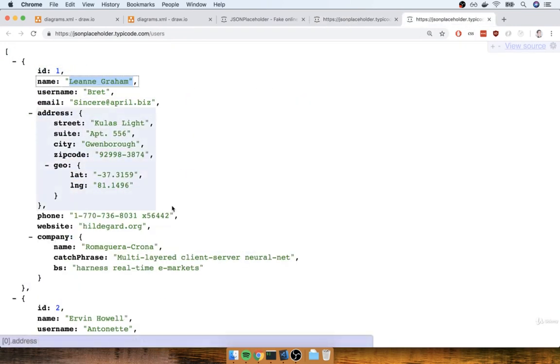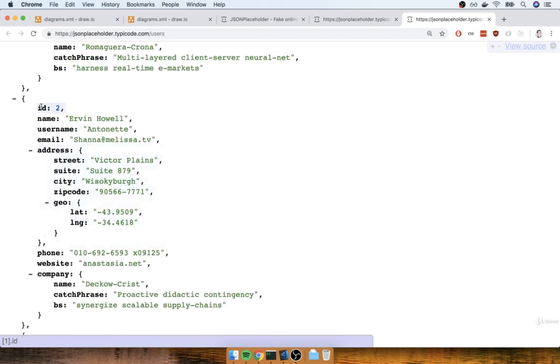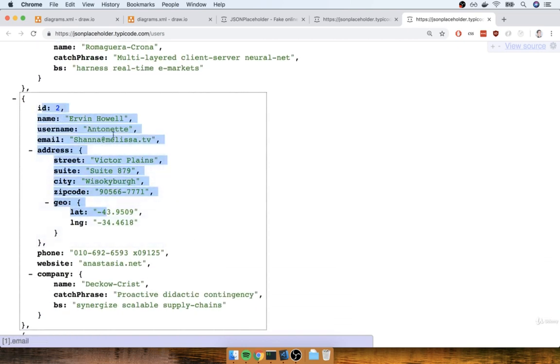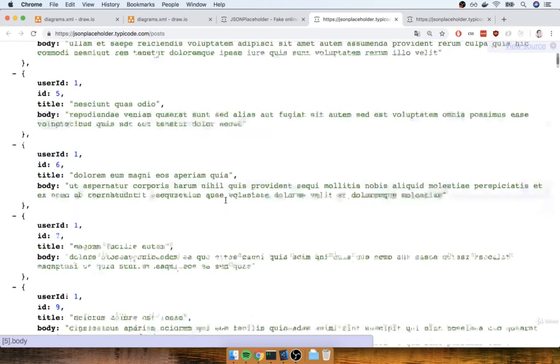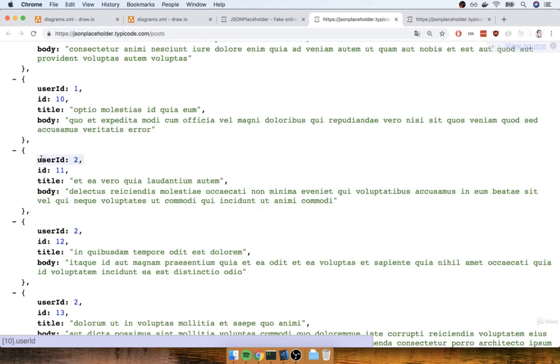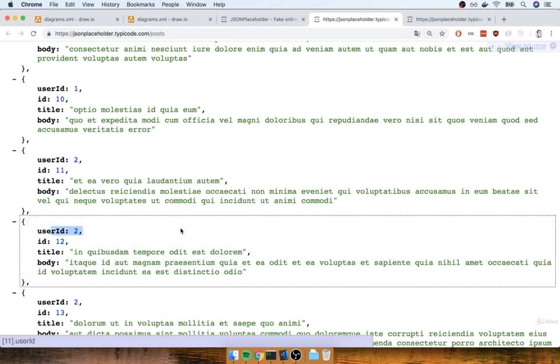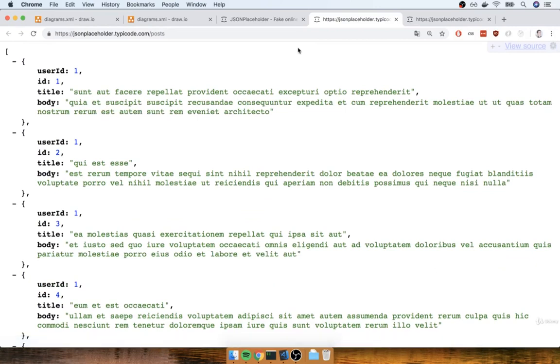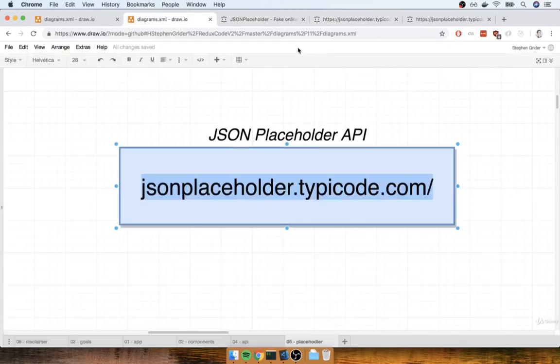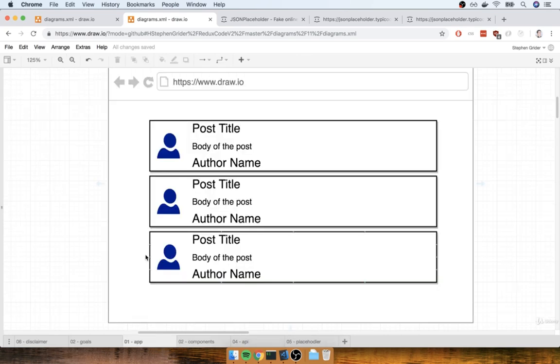And then as you might imagine, we can go down here a little bit more and see who created the blog post, or excuse me, the author with ID number 2. That is the person who created all of these blog posts down here, the ones with user ID of 2, 2, 2, and so on. So this source of data is going to be pretty straightforward. The only complication here is that there are 2 separate endpoints that we're going to have to make requests to get all the information that we need to show this list of blog posts on the screen.